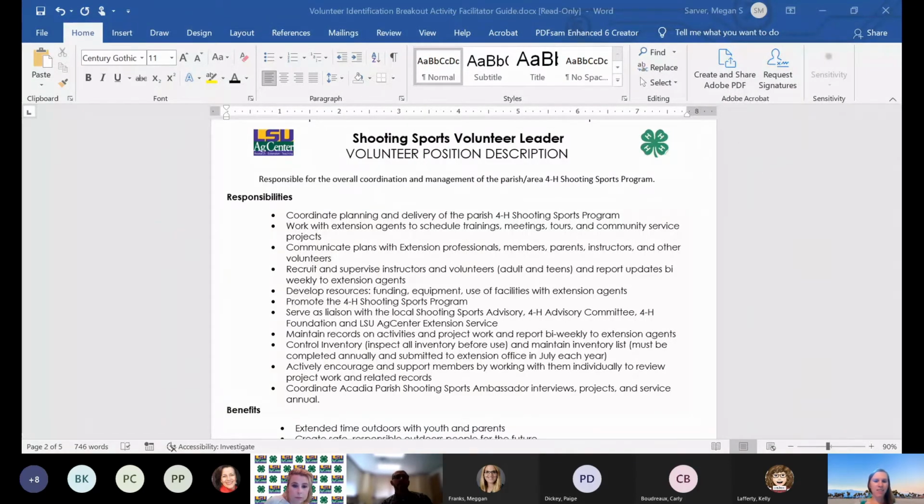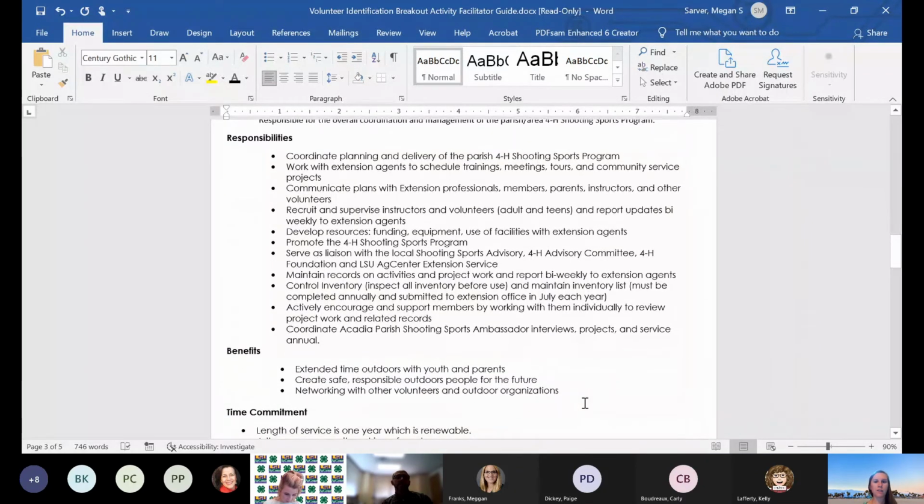So our thing is only done because we may have semi-cheated by using one that I already had. So they didn't get to see it very much because I think we had about 5 minutes to throw it all in. So this is a shooting sports volunteer leader position description. And we kind of did it as an overall shooting sports coordinator. So they would be responsible for overall coordination and management of the parish 4-H shooting sports program. Coordinate planning and the delivery of the program, work with the extension agents to schedule trainings, meetings, tours, and service projects,